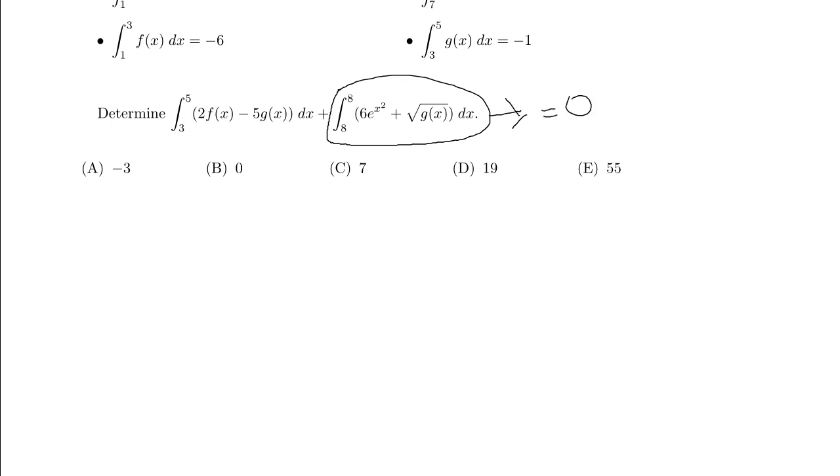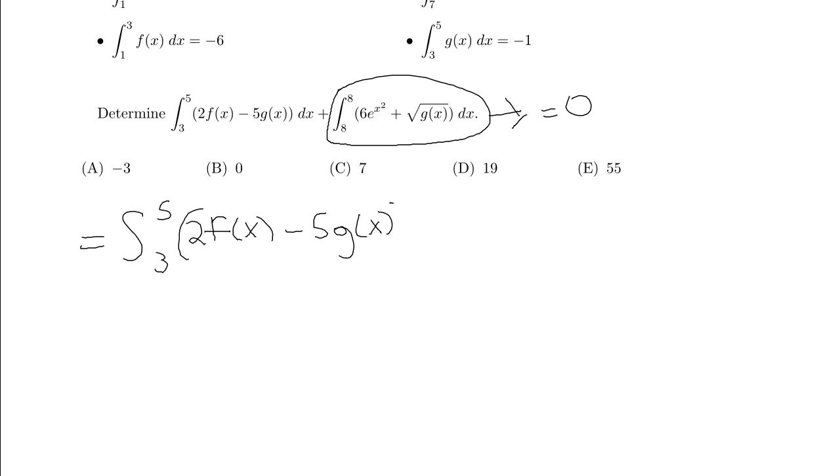Because the area under whatever function, it doesn't matter how complicated that function is, the area under that function at x equals 8 is exactly 0. So we don't even need to worry about computing that. So really, all we need to do is we want to compute the integral from 3 to 5 of this function here. So 2 times f of x minus 5 times g of x